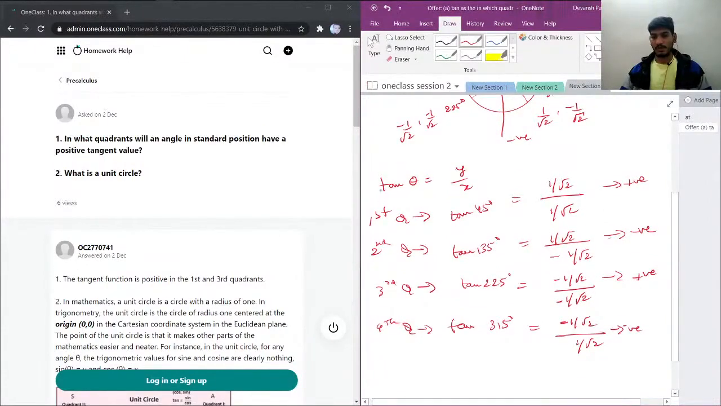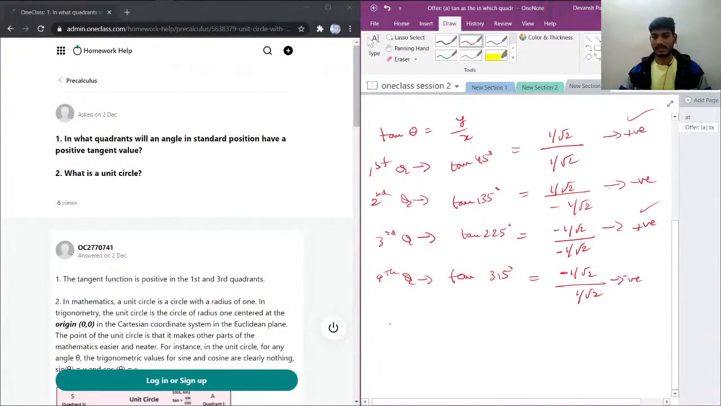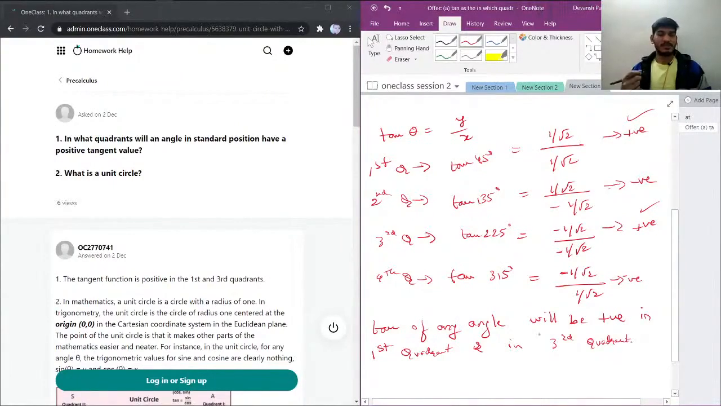So we can see that in the first quadrant my tangent was positive, and in the third quadrant my tangent was positive. So tangent of any angle will be positive in first quadrant and in third quadrant. Well, the way of asking this question is not correct, because first they should have asked